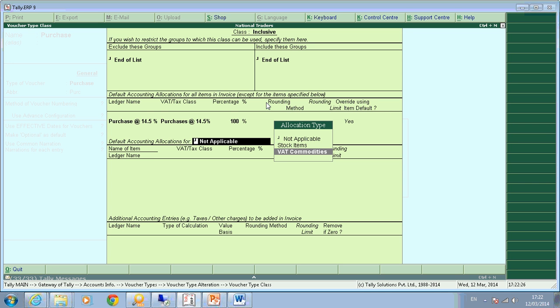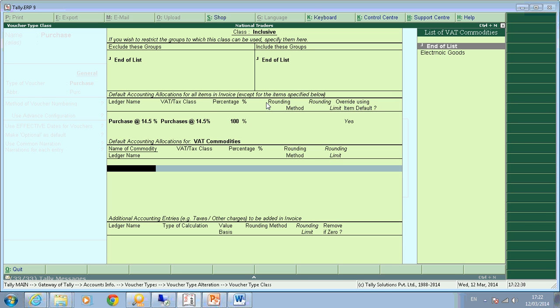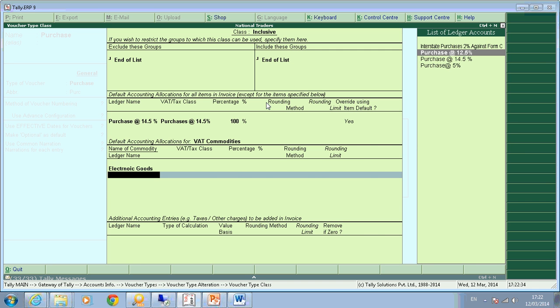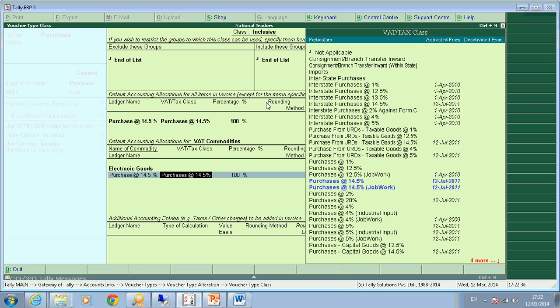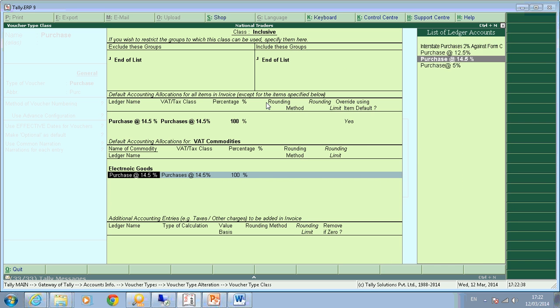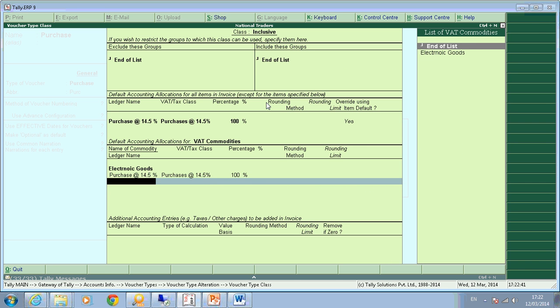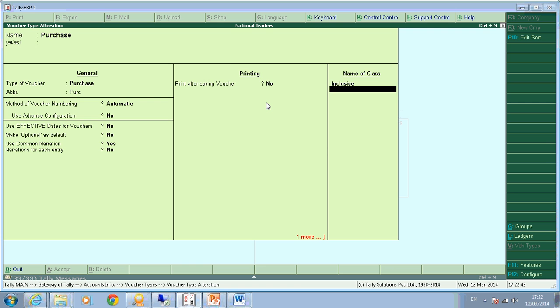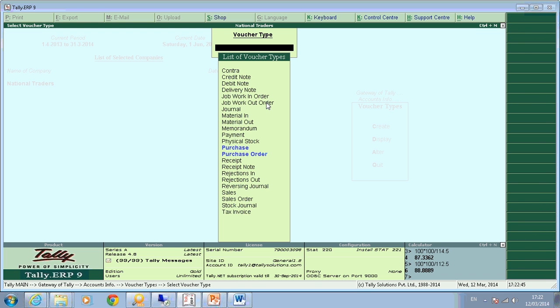So we shall now try the batch commodity, since all the three items we had were of the same commodity, right? I'll give the class for my commodity. We'll see how the calculation is happening. I've selected electronic goods. I'll give it as purchase at 14.5%. I will accept. Okay. So after that,